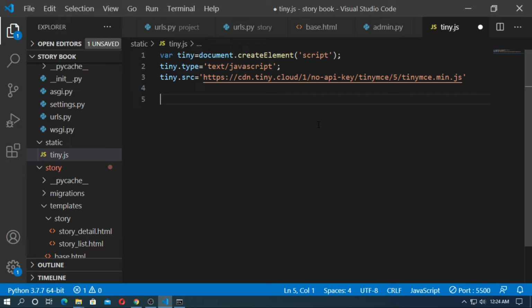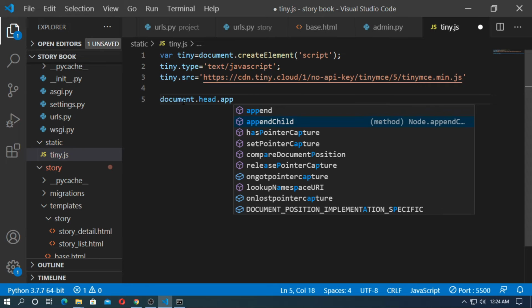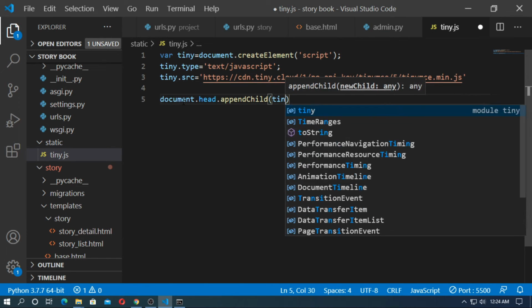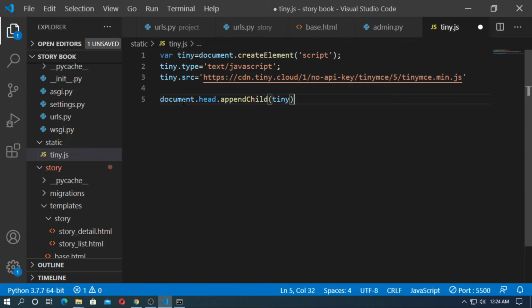Now type document.head.appendChild and append the child tiny. Okay, now type tiny.onload equal function.